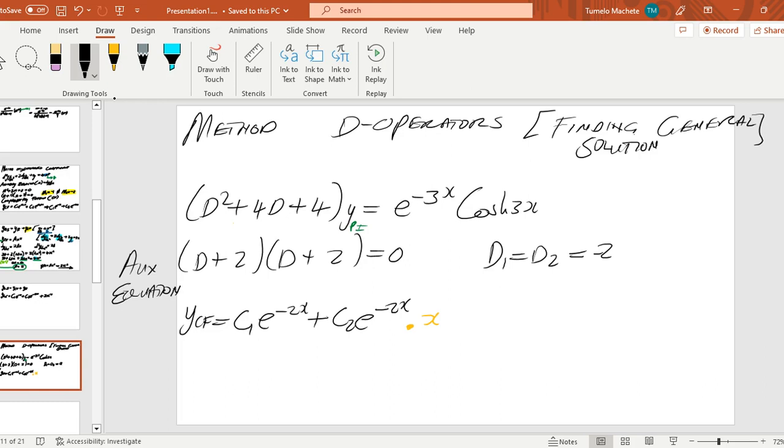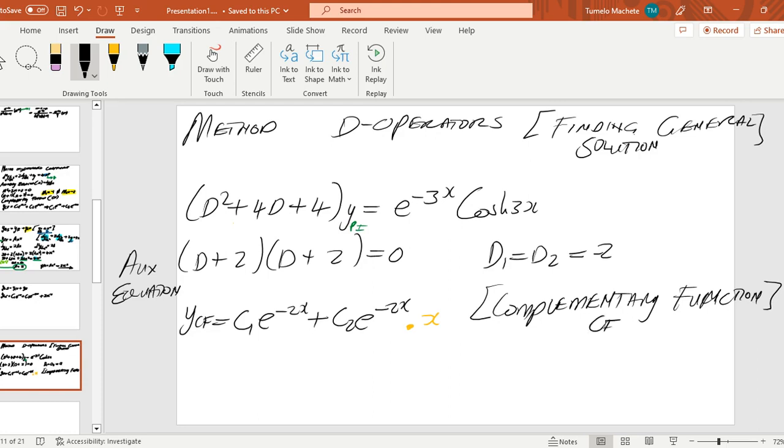Then here's the trick now. Remember, after finding the complementary function,